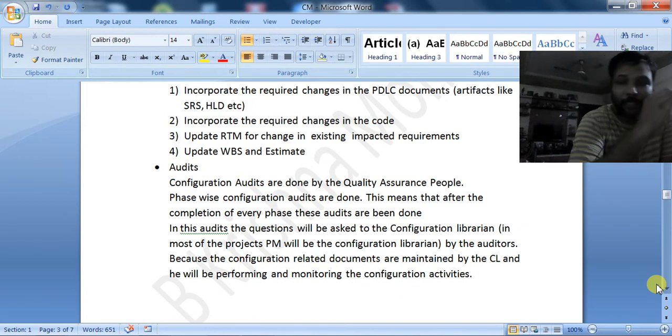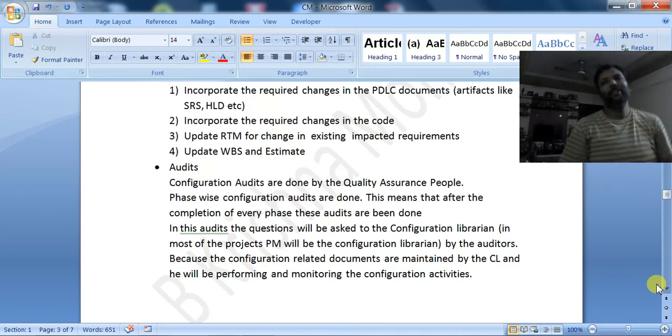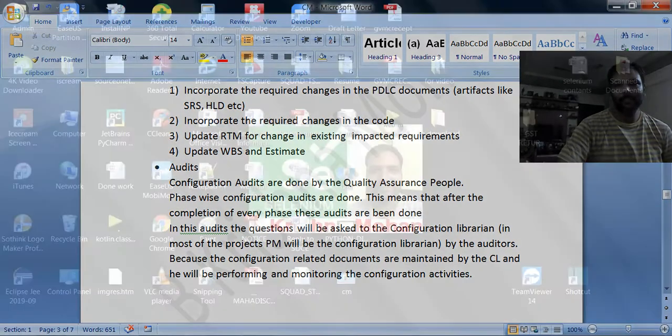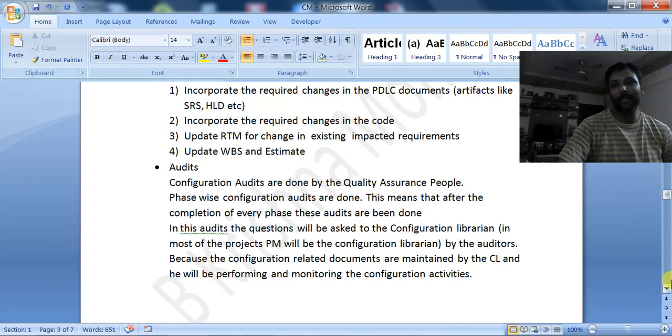Is the feasibility study done or not? Is the impact analysis done or not? If any risks are identified, are the risks being documented in the risk register or not? They will be verifying all those things, so it is a part of the verification. These audits are there to monitor the configuration related activities.